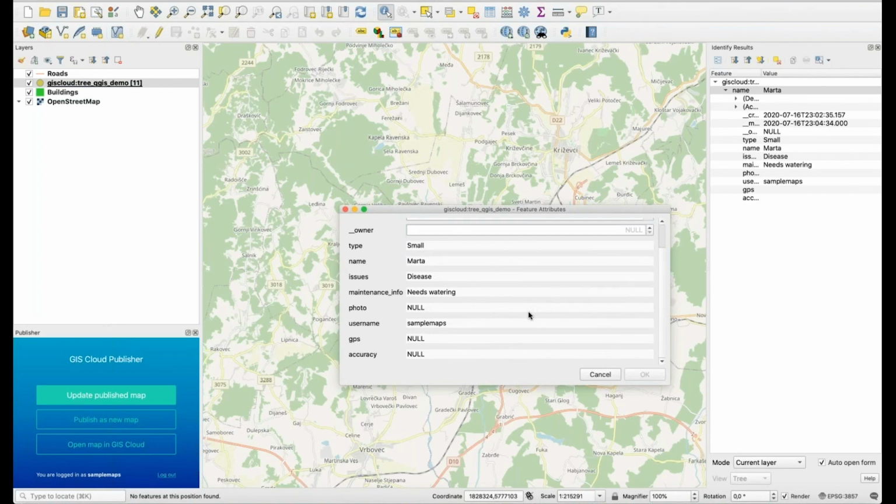So just to conclude, we have shown you how our GIS Cloud Publisher works. It is quite powerful, yet very simple to use. You can publish your data, update data, and transfer your symbology just as you have set it up. And then you can also use WFS to consume your GIS Cloud data directly into QGIS. And you don't have to have the GIS Cloud Publisher to use WFS and vice versa. You can use either, or you can use them together, because we think this is kind of a perfect workflow,